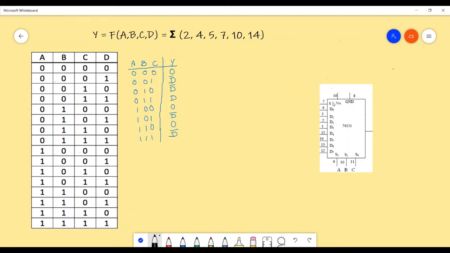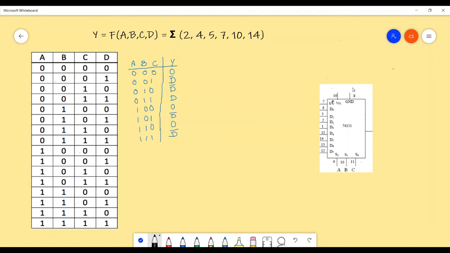The select S input can also be the enable input. I had explained this. And the selector inputs are ABC. These ABCs are the same ABCs that we have here. Those are the selector inputs.